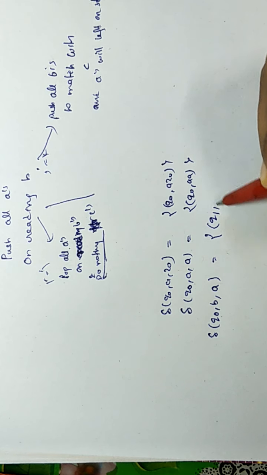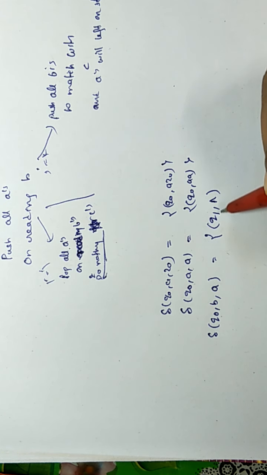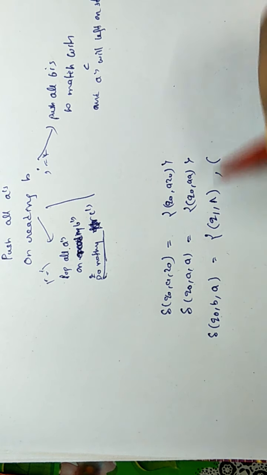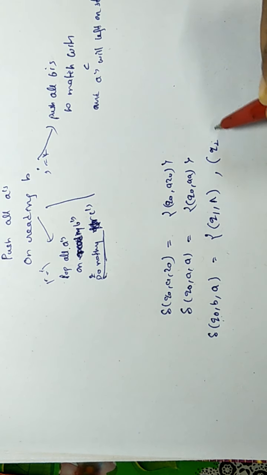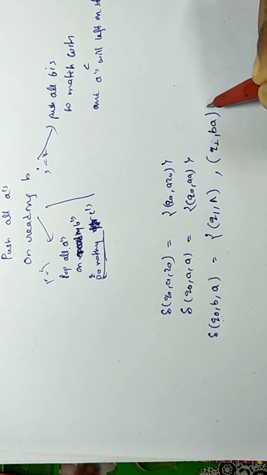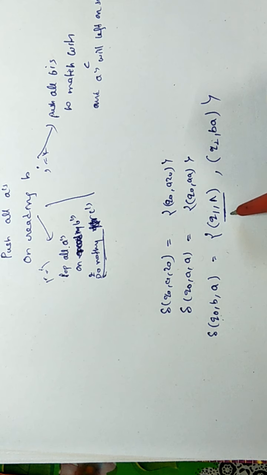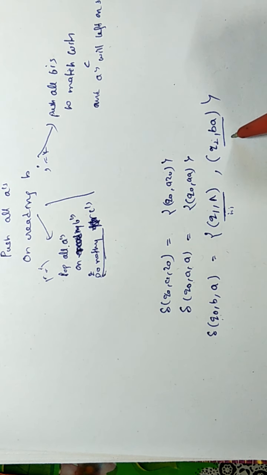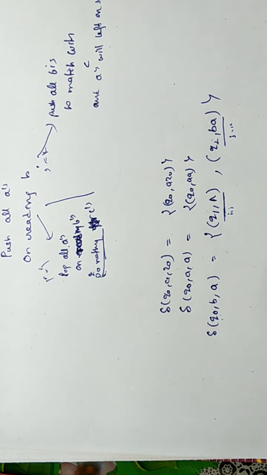Either I move to q1 and pop a, which means I am going to do i equal to j, or I move from q0 to q2 where I push b into the stack. Either I do this in case of i equal to j, or do this in case of j equal to k. So here I have two choices: either I pop a on reading b, or I push b so that I can match them with c later. Now the problem becomes two parts. Either I will go to q1 or go to q2.